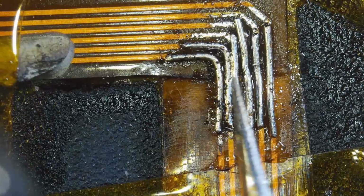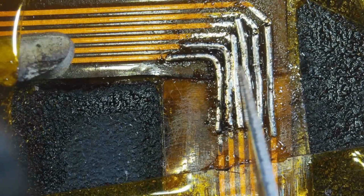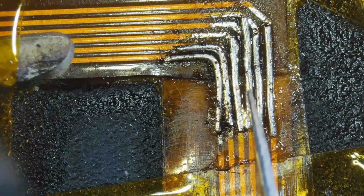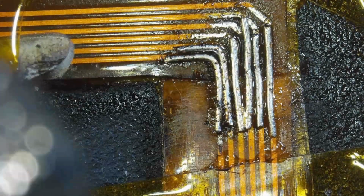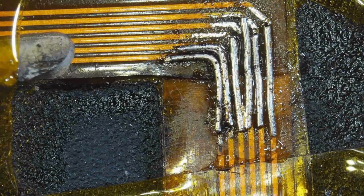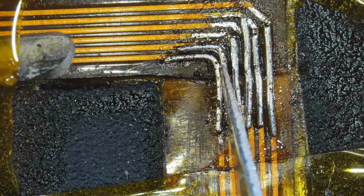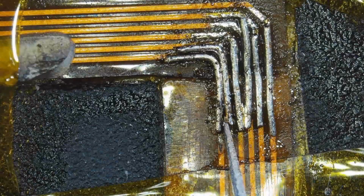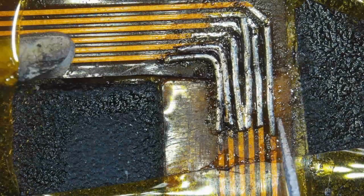Regardless, here we are. Just a little bit, if I can muster the steadiness. I'm also getting my fingers burnt here because everything is hot at this point. So it was quite a feat to get to that. There's still some bridging, but I'm a welder. I can use a grinder. So I'm just gonna go and give it a quick finishing pass with my cutting tool of choice here. I don't have a grinder like I would in the welding shop, but I do have an X-Acto, and that stuff is